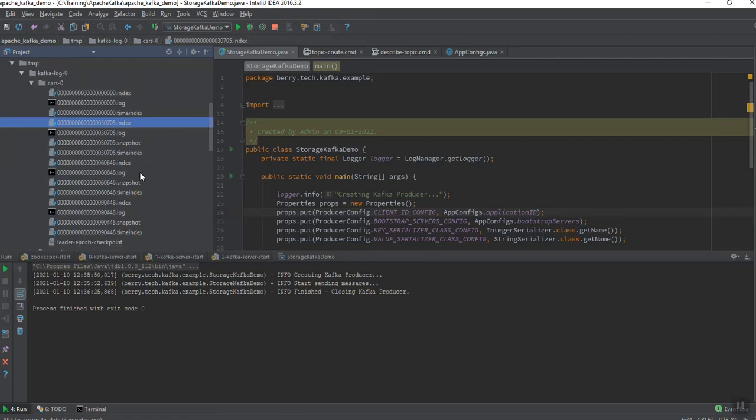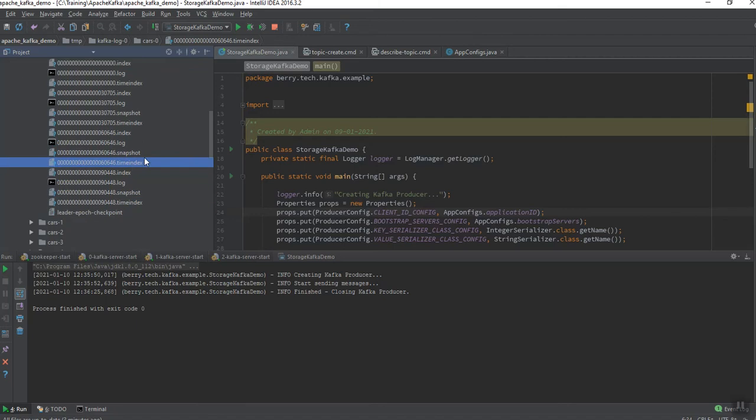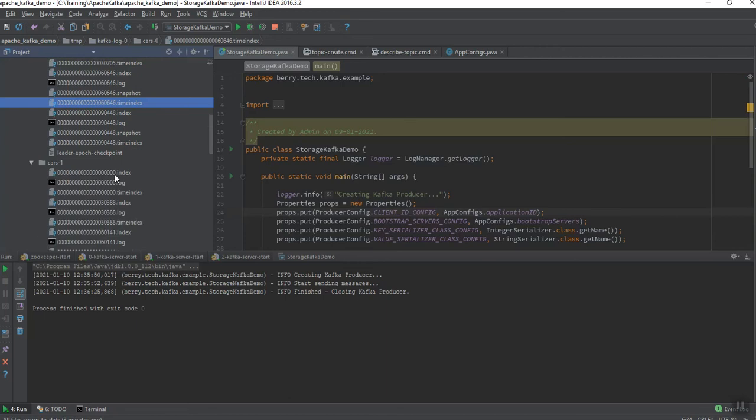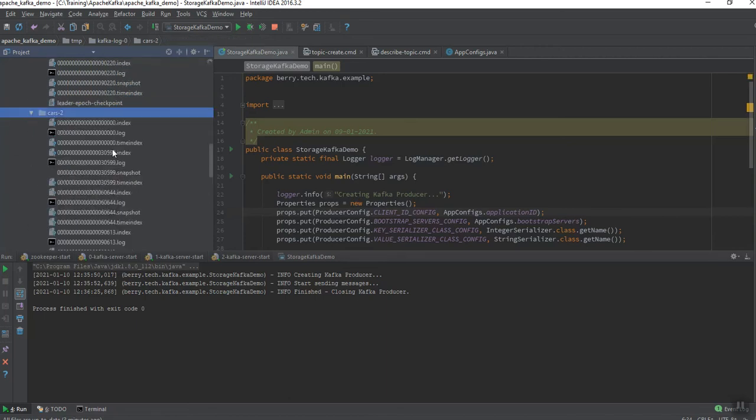And one more thing, if you observe here, we also have a time index. Generally in some situations the consumers will be requesting based on new arrival, like daily, weekly, or monthly frequency. So for those things we can use this index to retrieve the messages from the Kafka cluster. Okay, messages into the structure. So you can just see this.